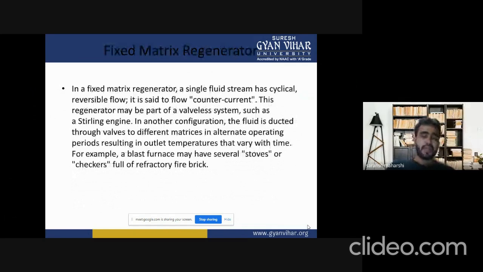In a fixed matrix regenerator, a single fluid stream has a cyclically reversible flow. If a single fluid stream has cyclically reversible flow, it is said to flow countercurrent. This regenerator may be part of a valve system, such as in the Stirling engine. In another configuration, the fluid is ducted through valves to different matrices in alternate operating periods, resulting in outlet temperatures that vary with time. For example, a blast furnace may have several stoves or checkers full of refractory fire